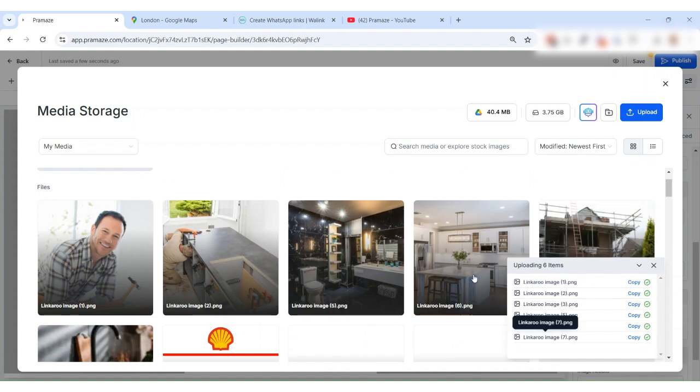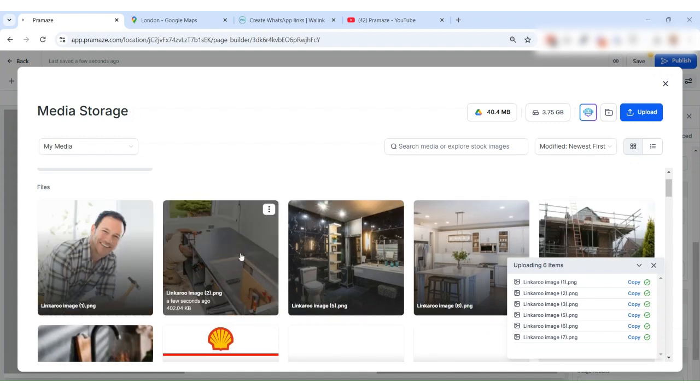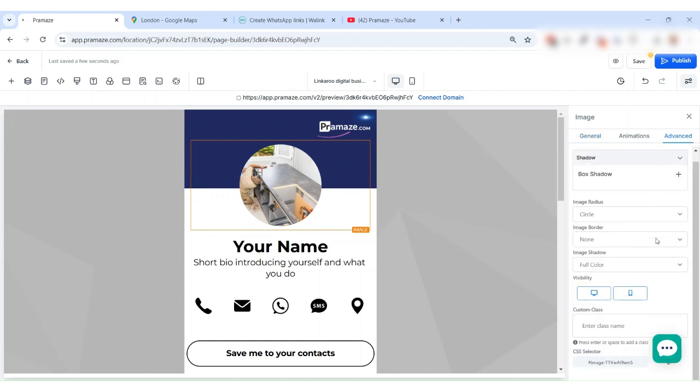So you can see they've uploaded, and all I want to do to select my profile image is double click on the one that I want to use. So this one was already the one that was in, but I'm going to double click on this one here. You can see that now updates. Now we've got that set as a circle, and that's because we've come over here and the image radius is a circle. If you prefer it to be square,